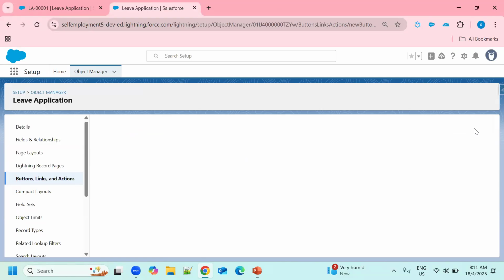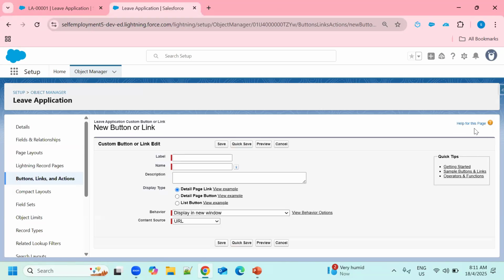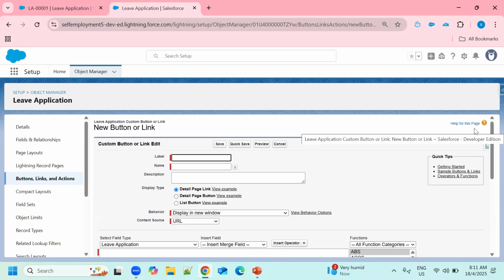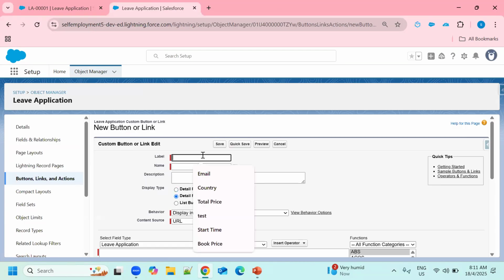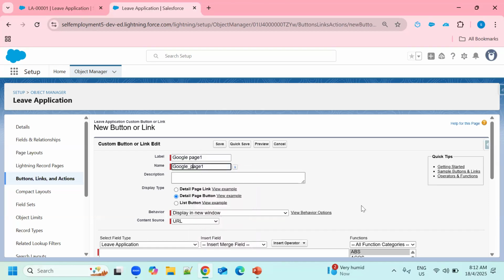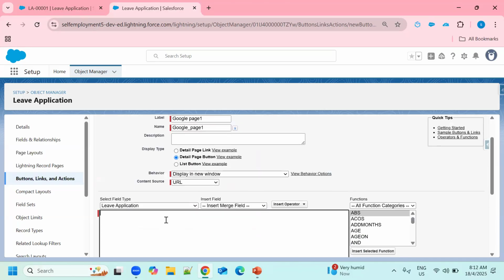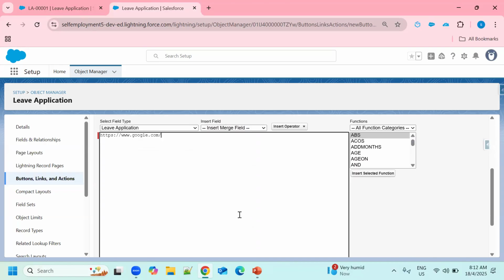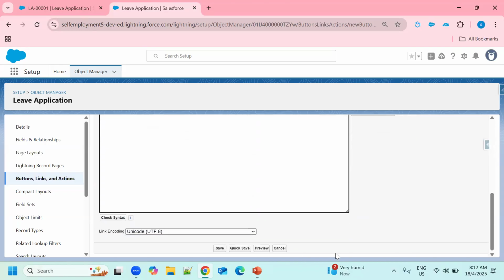You can choose your object as per your requirement. This time I am going to create a detail page button, right? So again I am using the same Google page. This time I am giving the name Google page 1. Same URL I am using. Now click on the save button.